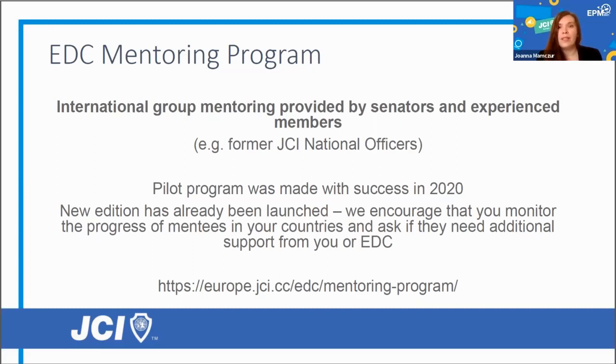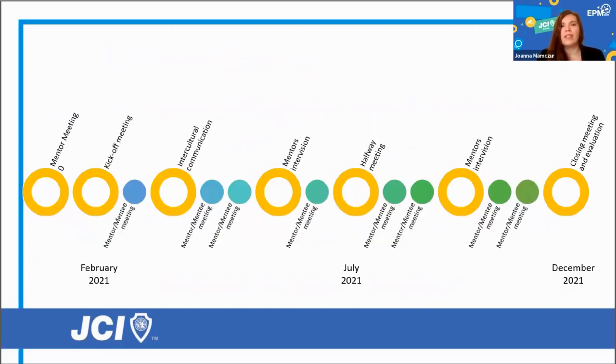So many of the mentees and mentors actually remained in touch, and they will be still working together, helping each other, and also simply being friends, because JCI is also about connecting amongst people. So as the pilot program was a success, this year we're actually prolonging this program for the 10 months time, going from February to December, and helping the mentees and mentors work together from February.